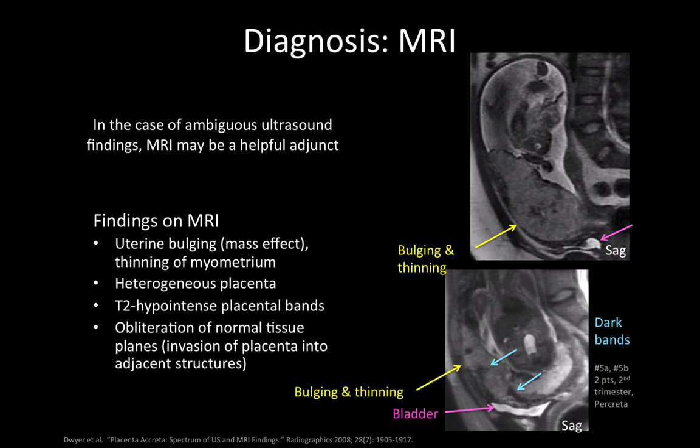Now, the diagnosis of placenta accreta can also be made on MRI. And we mainly use MRI as an adjunct to ultrasound when we have ambiguous ultrasound findings. The findings on MRI are bulging of the placenta, thinning of the myometrial wall here, placental lucencies or heterogeneous, hypointense T2 placental bands that come in vertically, and obliteration of this normal tissue interface with the myometrium. This white area here is the bladder, which is our landmark for us to be able to look for the